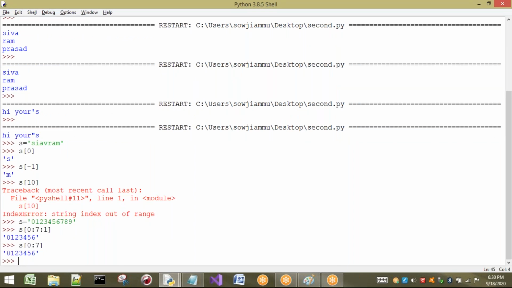Why I have explained this statement is to make you understand that by default the step is 1 only. Now I want to take step as 2. What happens? Step as 2 means first it will take one value, the next value will not be considered, and the second step will be considered. Same 0 to 7 I will take, and I am going to consider step 2. Now what will be the answer?